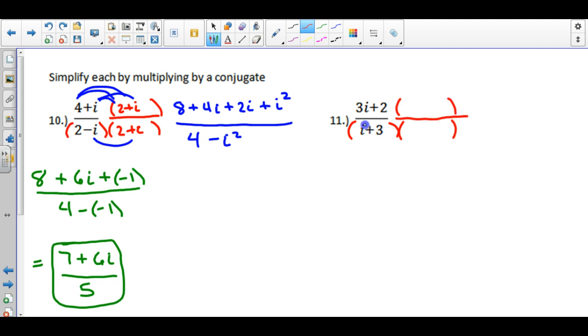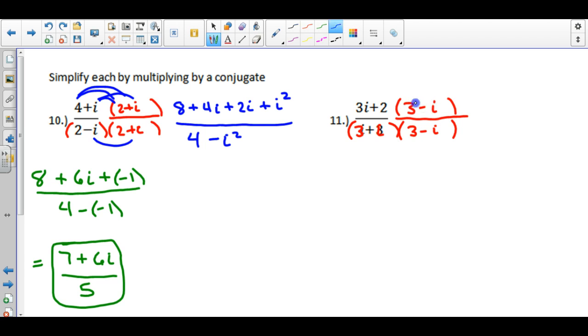So in this case, my conjugate, this expression can be written as 3 plus i. So what we're going to have to multiply it by is 3 minus i. Okay, so again, what I'm basically going to do is rewrite this expression to be 3 plus i. And the reason for that is you want that imaginary part to be the part that changes when you multiply it by a conjugate. So I'm going to do the top and the bottom by 3 minus i, and then